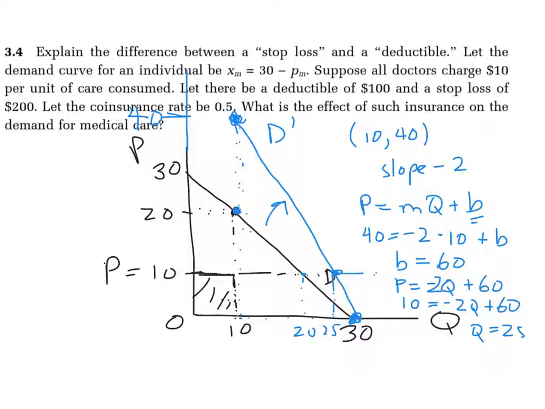Now, another way to do it, you know that at a price of 10, with 50% coinsurance, the person's out-of-pocket is 5, and you could just have plugged 5 into the original demand curve. That's probably easier. I did it the hard way. I do things the hard way. All right. So we know that